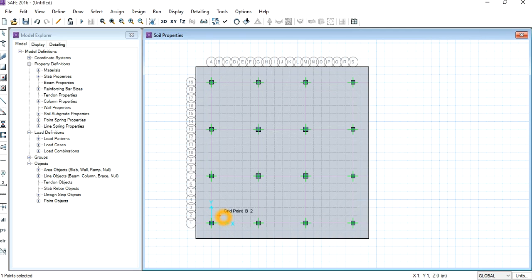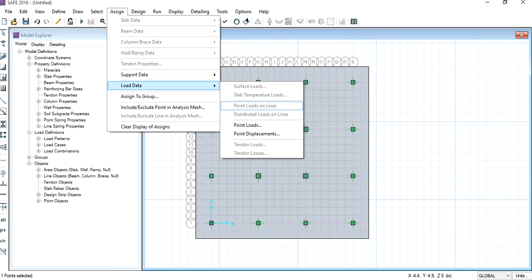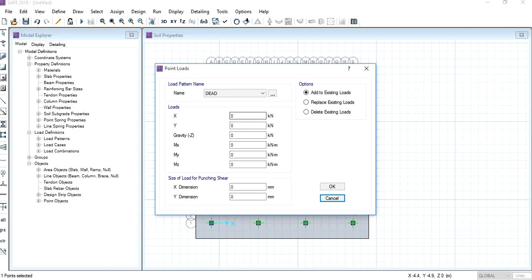Now go to the assign, go to the load data, click on point loads. First we will add the dead load. The dead load is as shown. Also mention the dimensions. The dimensions of column 1 are 500 mm by 500 mm. And the dead load acts in the gravity in -z direction. Click on OK.